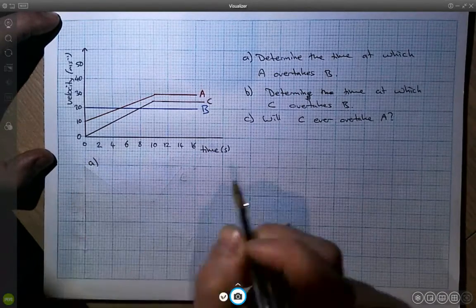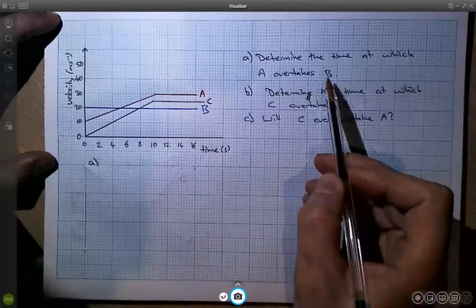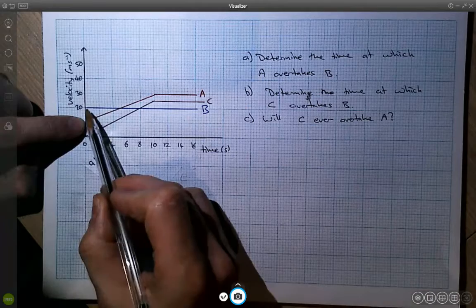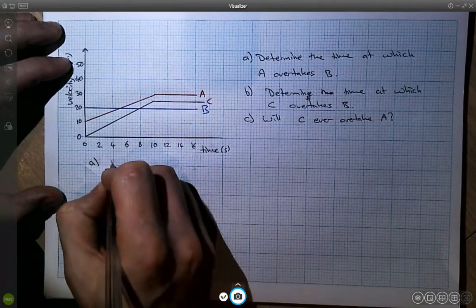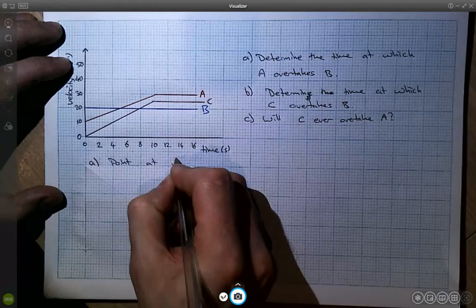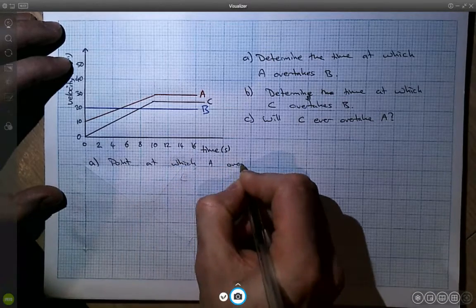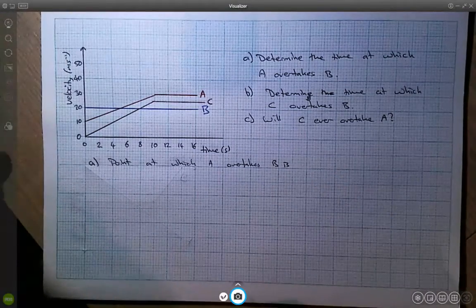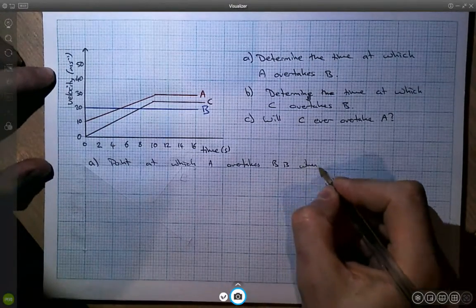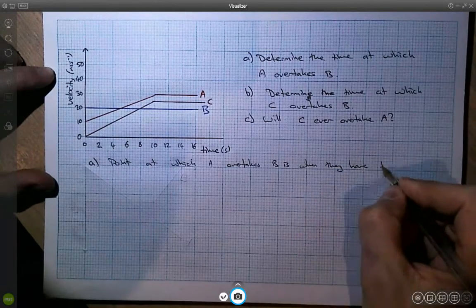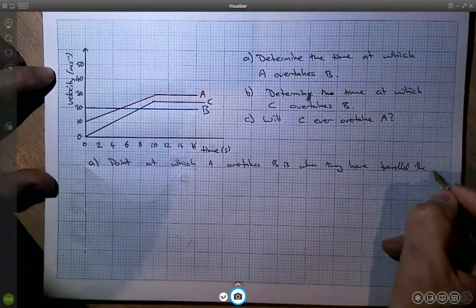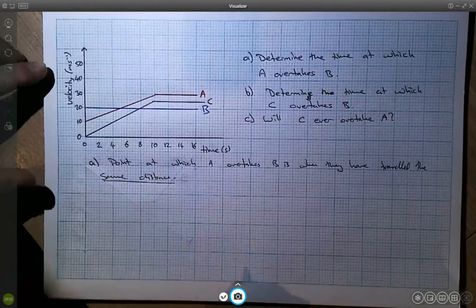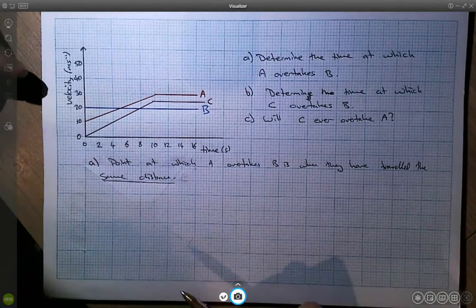Part A says determine the time at which A overtakes B. So we need to know the distance that A is traveling and the distance that B is traveling. And of course, the point at which A overtakes B is, and this is kind of obvious, but at the same time, it's not immediately obvious, when they have traveled the same distance. And then, of course, we've got a velocity time graph, so the area under the graph is the distance